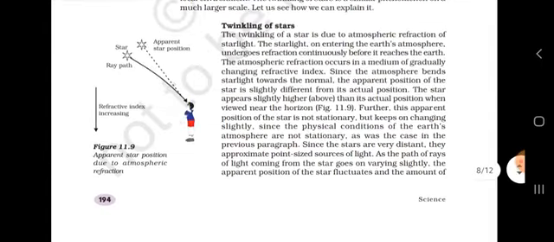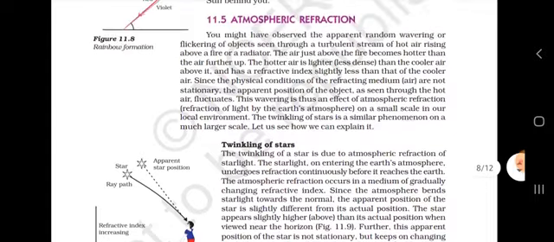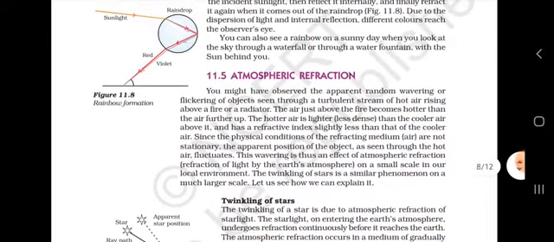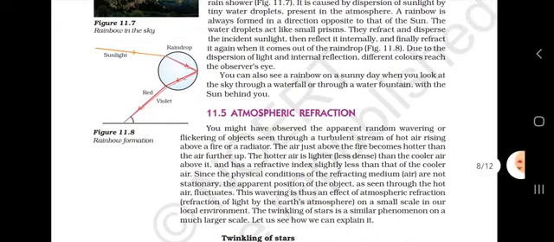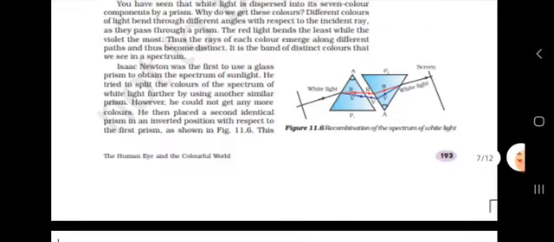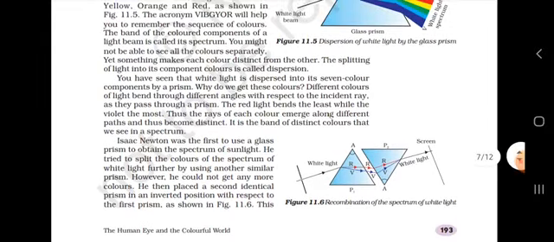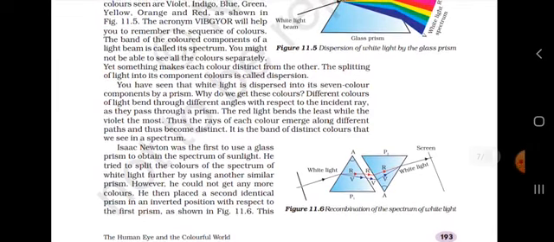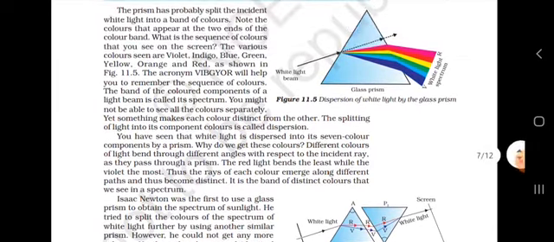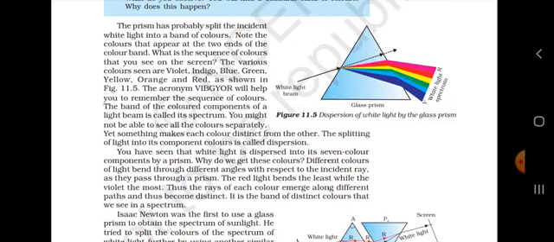The give-reason question can also ask why the twinkling of stars happens. We have known the atmospheric refraction. The light bends in the atmosphere due to the different types of gases present in the atmosphere. We have also seen the recombination of the spectrum of light by white light, also known as Newton's experiment on the spectrum of white light. We have also seen the dispersion of white light by a glass prism. The white light gives a spectrum of 7 colors, and the splitting of white light into 7 colors is known as dispersion.